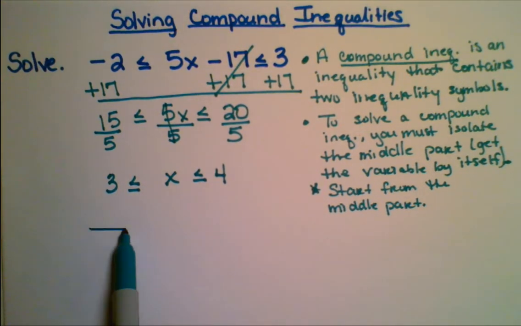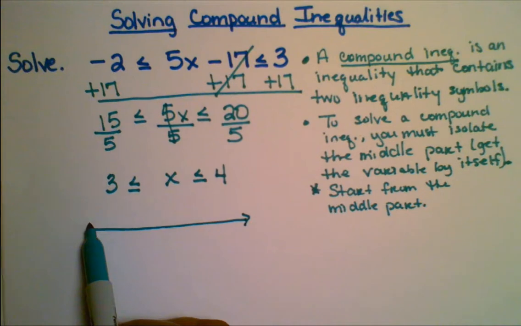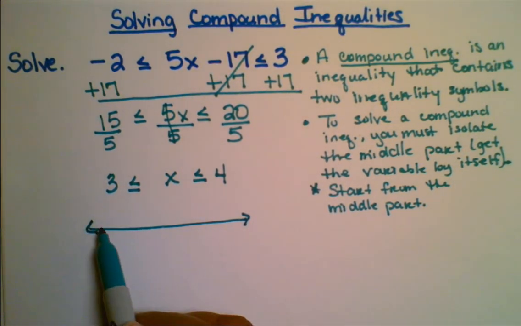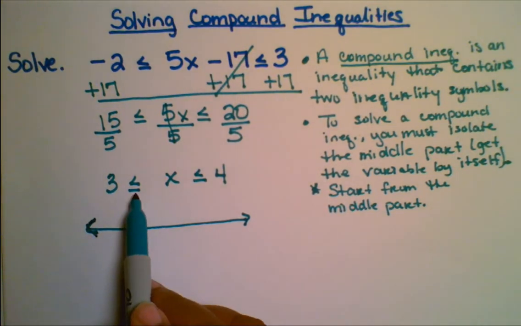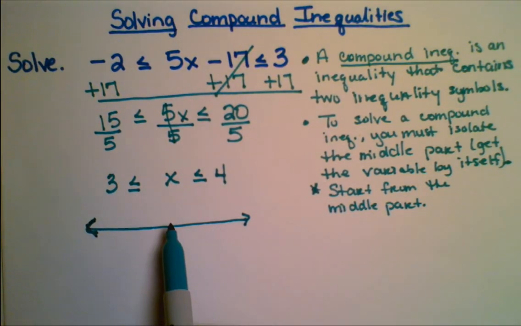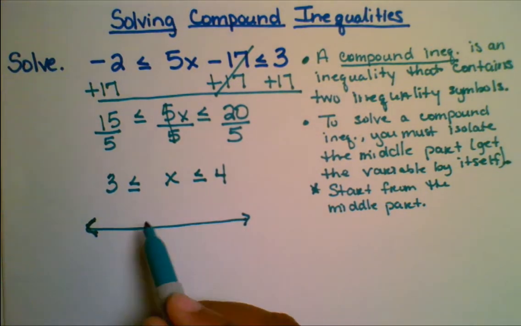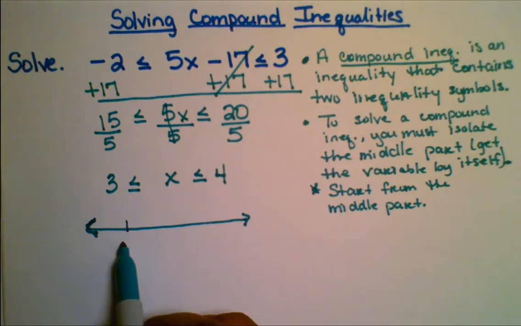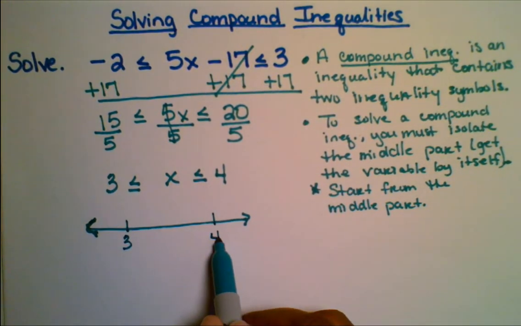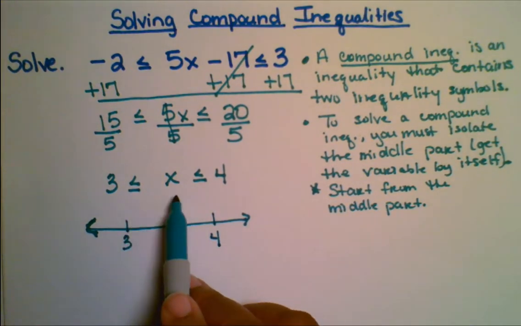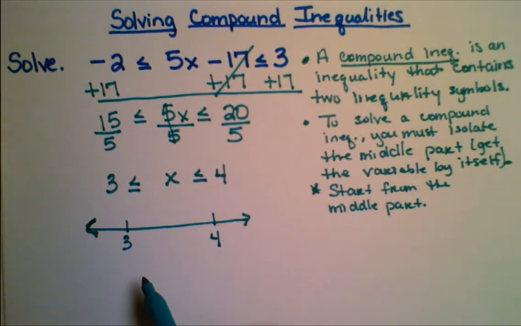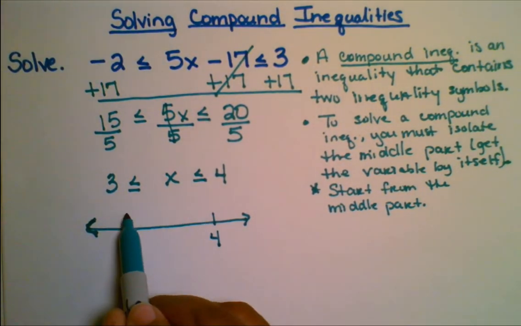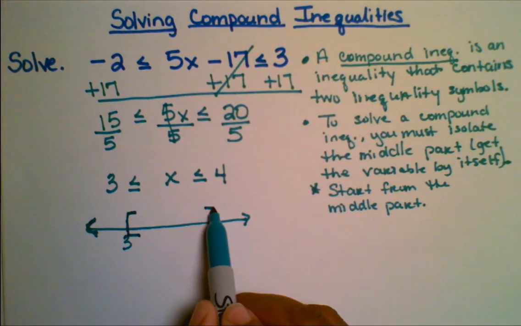So on the number line, we want to represent this. And remember from the last video when we talked about how to write the notations for the symbols, whenever we have less than or equal to or greater than or equal to, we're going to use a bracket, open or close bracket. So find 3 on the number line, find 4. Some numbers that are between 3 and 4 would be 3.5, 3.25, 3.75. Those are some possible numbers. So add 3 and add 4,